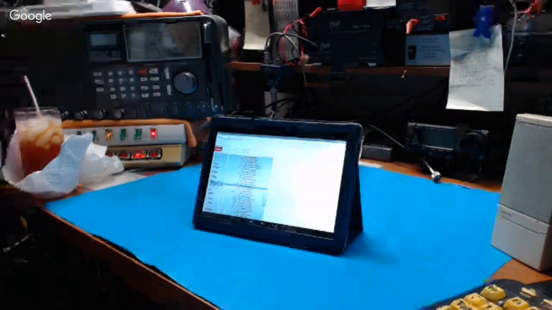Let me zoom in. Now I have to go back. Yeah, it's zoomed in, but it's not readable, of course. Oh boy, that's even worse. Anyway,